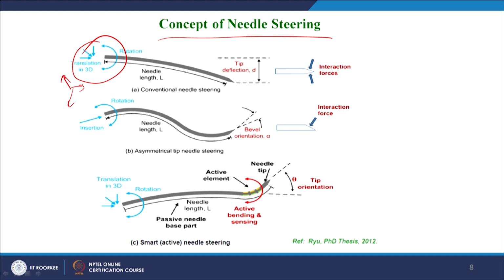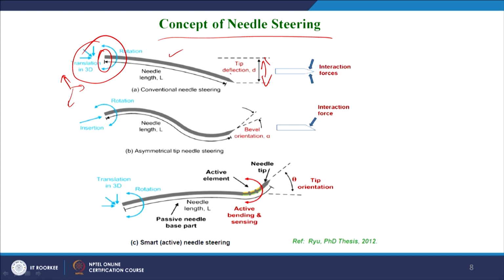Translation happens and it is also rotated at the base, so that a small variation at the base leads to heavier deflection at the tip of the needle with a rigid needle,